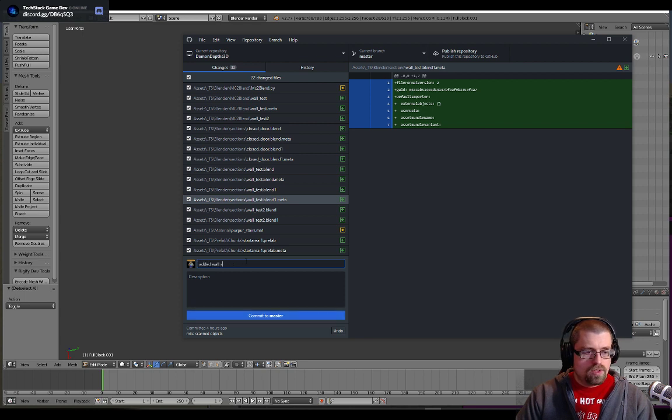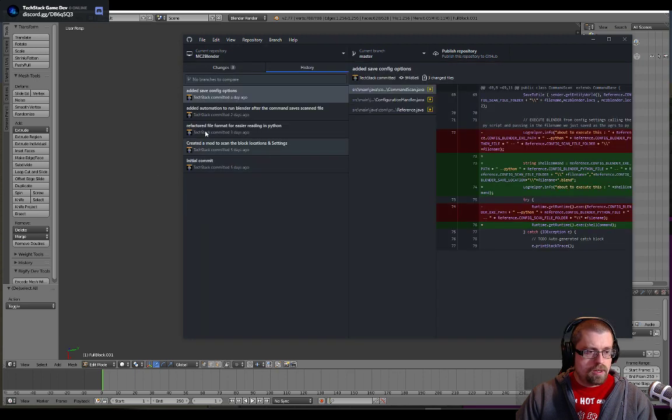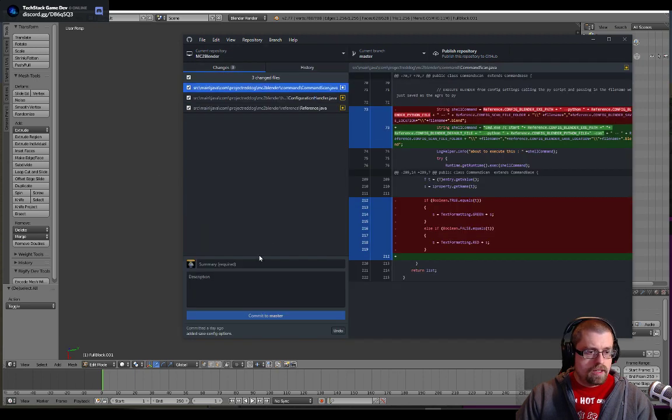Added wall shapes to the Py file. Eventually, this Py file might need to be put in a different location. I don't know. Doesn't make sense to be part of the Daemon Depths. It probably should be part of the MC to Blender. But we're good for now. Okay. Fixed opening the command line terminal when Blender starts. Also fixed. Also removed color format codes from the